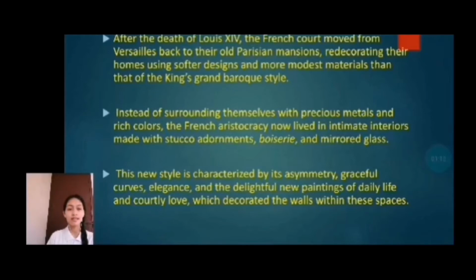And next, instead of surrounding themselves with precious metals and rich colors, the French aristocracy now lived